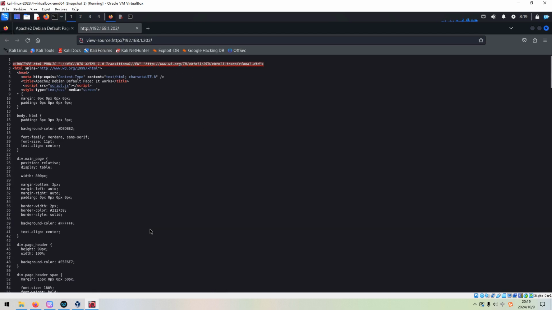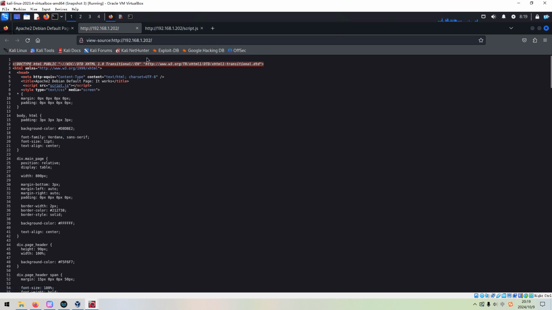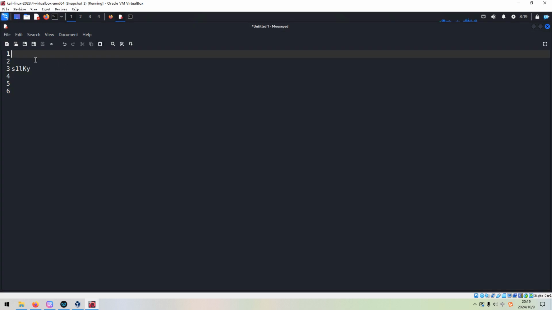At the header part, you can notice this is very unusual: a script. This should be JavaScript. We can open it in a new tab, and it gives us this information. One word, Silky. We can copy it and put it over here.